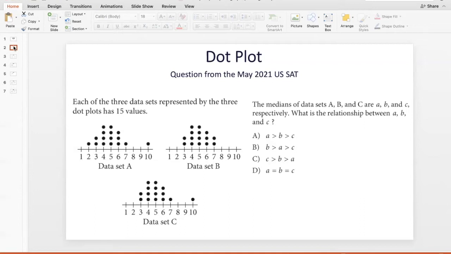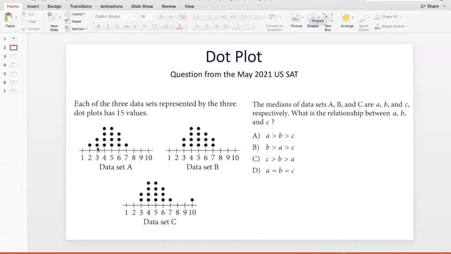So what exactly is a dot plot? It's a way of representing data. For example, here you have 15 values. 2 occurs once, 3 occurs twice, 4 occurs 4 times, 5 occurs 4 times, 6 occurs 3 times, and 7 occurs once, right? So if we were to write this as a list, it would be 2, 3, 3, 4,